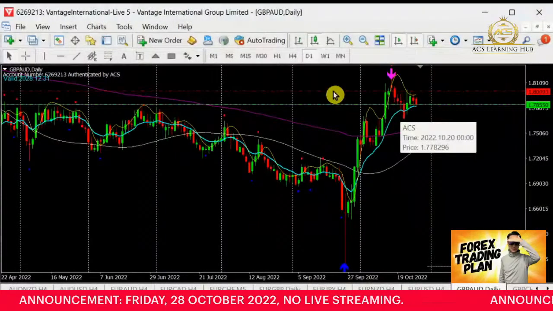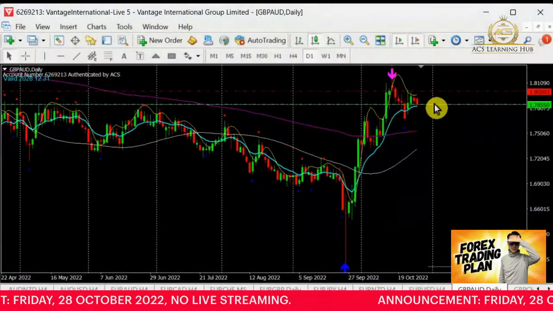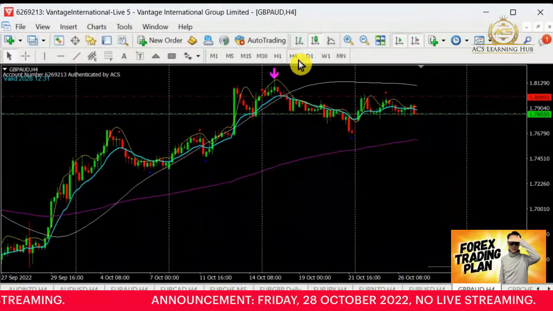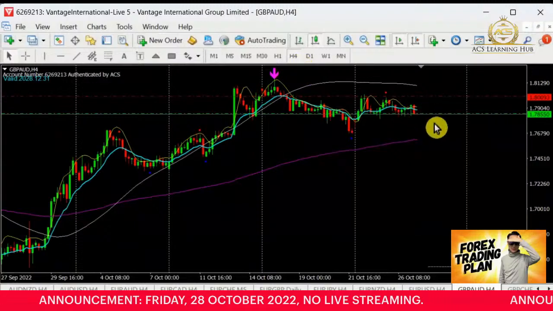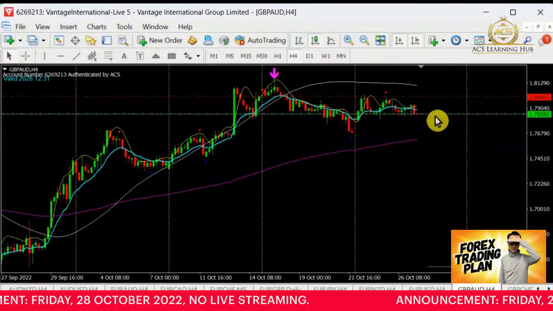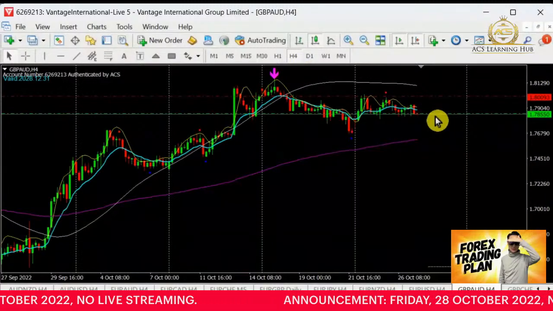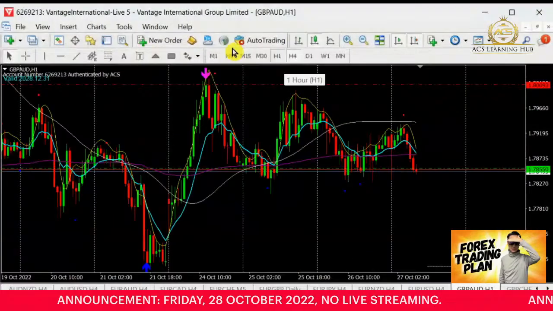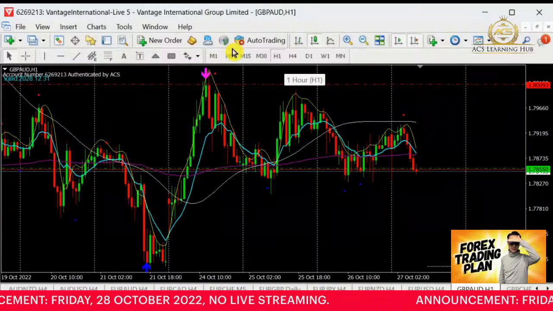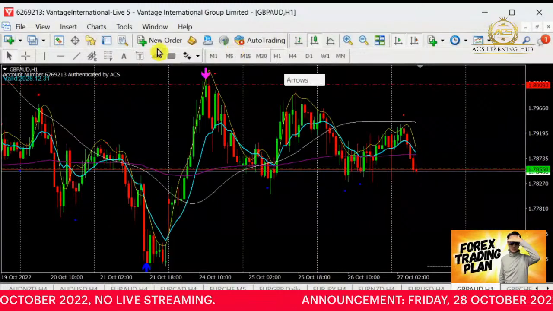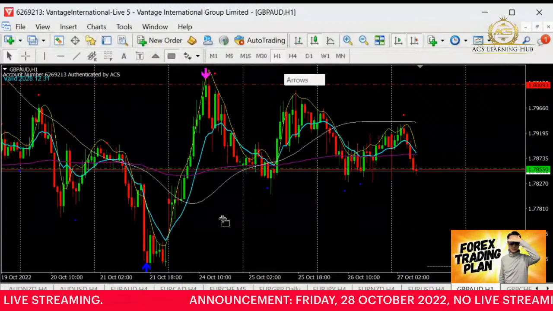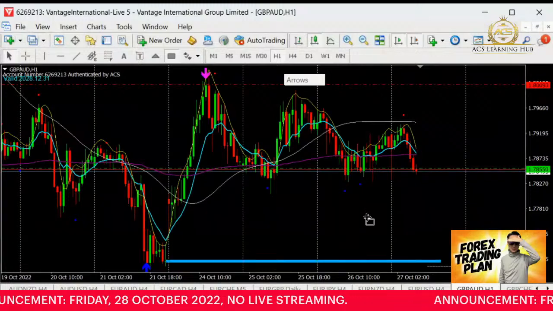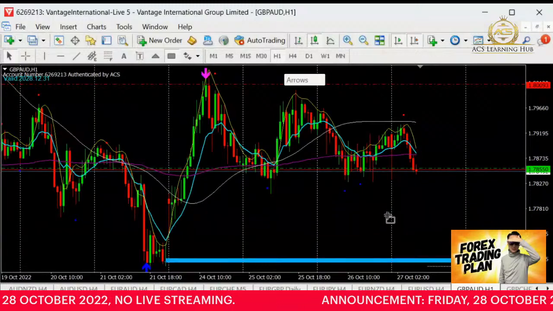Now today we are having a pullback as well, but in the bull. We are in the bull, so not really very good yet, because until now I'm still waiting for it to break the support here. As the support has no change, it's still there. So at the moment, I see a good chance over here whereby we should be able to achieve our target. I see a target around this area here. This should be the one that I'm looking out for.